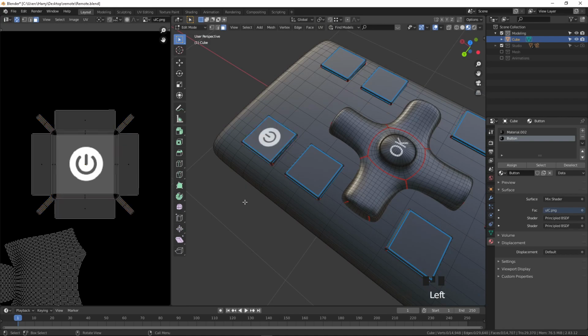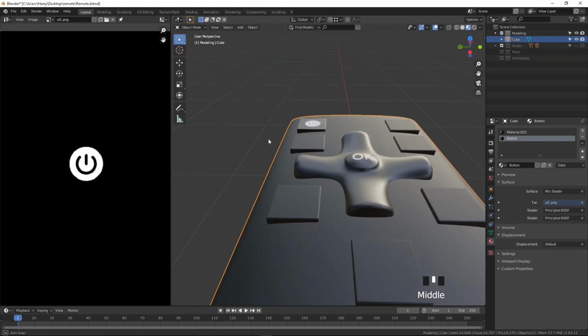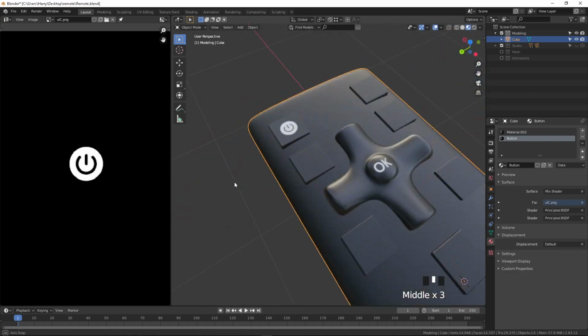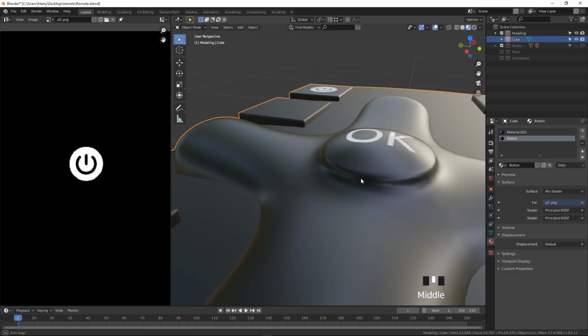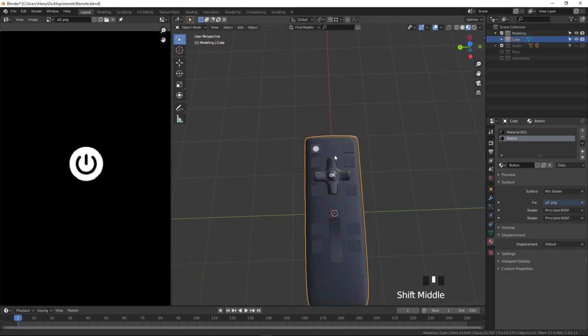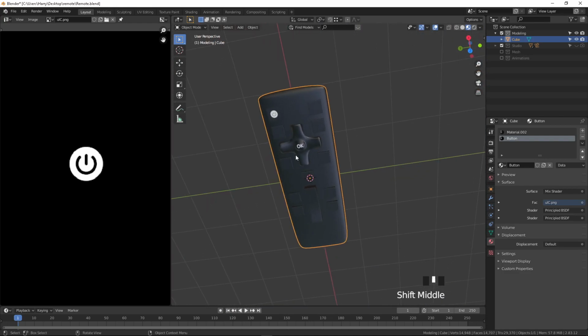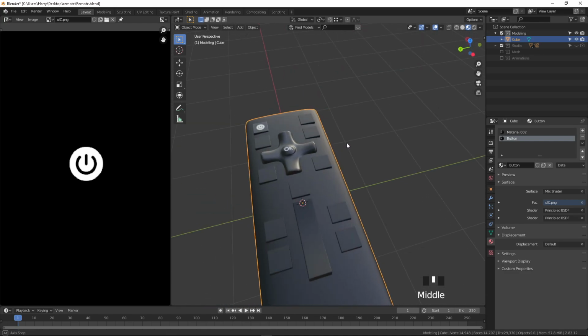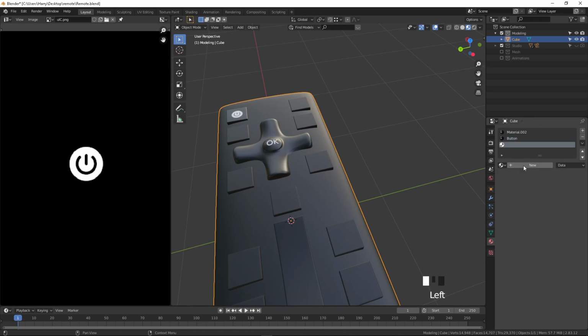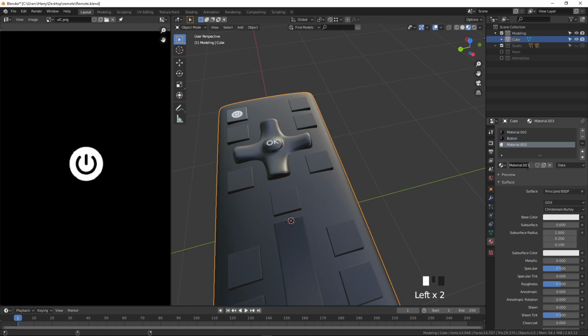Okay, now our one more object also is ready. Yeah, this is the way to apply texturing. And what I'm going to do, I create one more material. I make it as button 2,